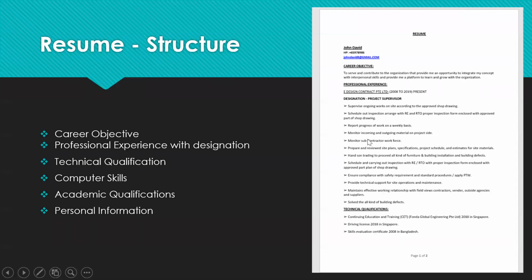So maybe you have worked as a supervisor, saying I have supervised a team of 10 construction workers, and you can say I have worked with the lifts and ACs, or I have taken care of the building management system or something like this. So whatever you have done, right, you have to explain it deeply in the professional experience section. So you have to give all these things.